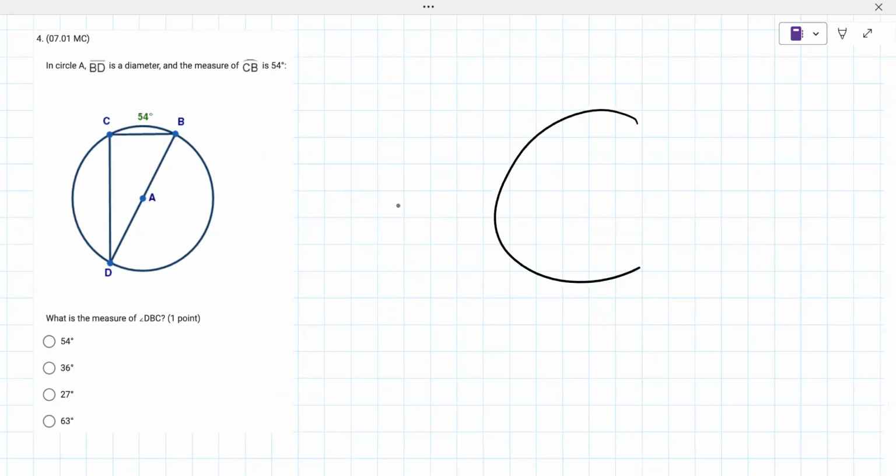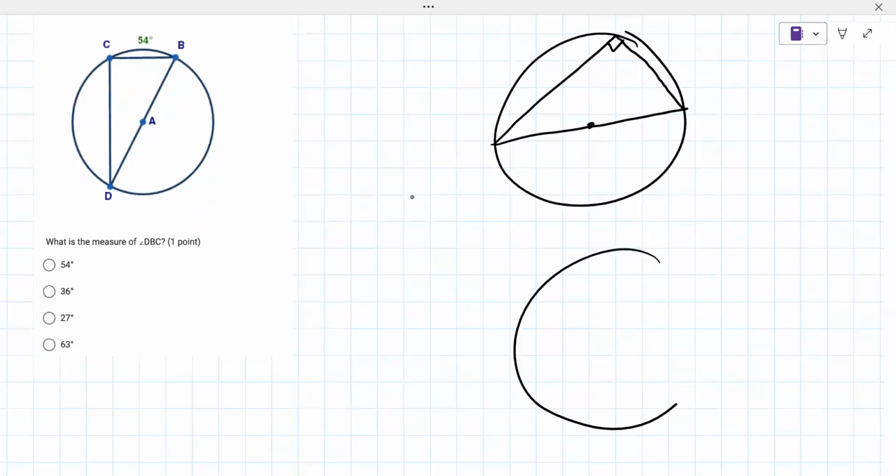Here's the guidance on this: when you have a diameter, if you create a triangle that touches the other two endpoints, it's a right triangle. It doesn't matter where it hits, it could hit really anywhere. It could go more up and then across. It's always a right triangle. So this angle right here is 90 degrees. So then that would make the other two angles, well, actually,